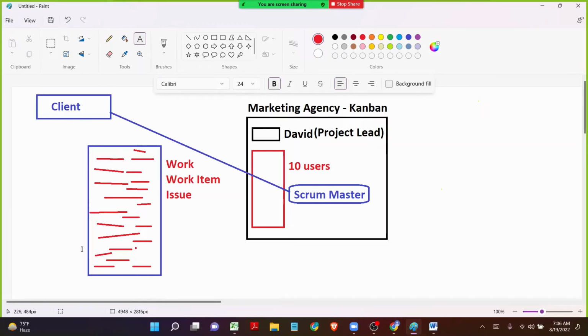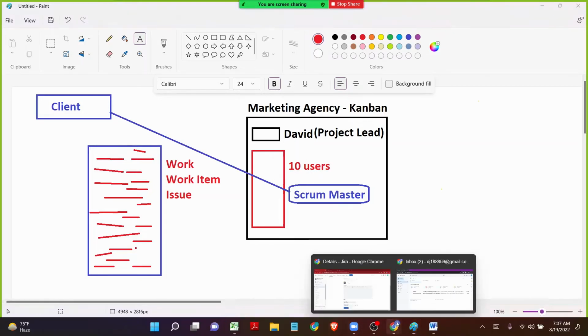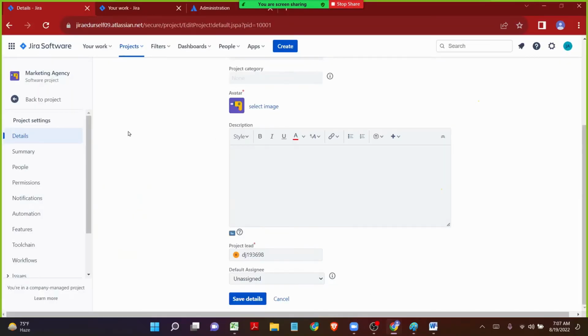So he will be creating all these issues in the project. If there are hundreds of issues, he will be creating all the hundreds of issues in the Jira project, and then he will be assigning the work to the 10 users. So all we have to remember is that in the Kanban project, just imagine the Scrum Master took the work